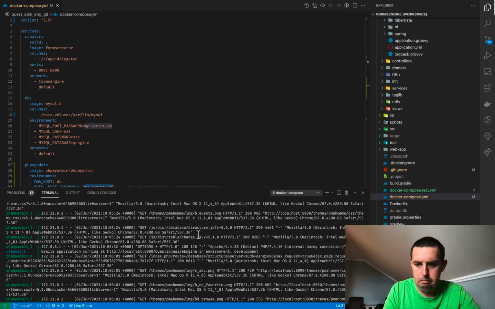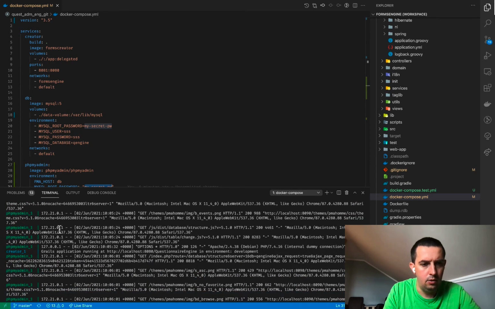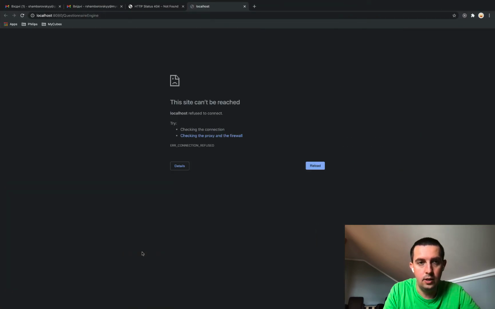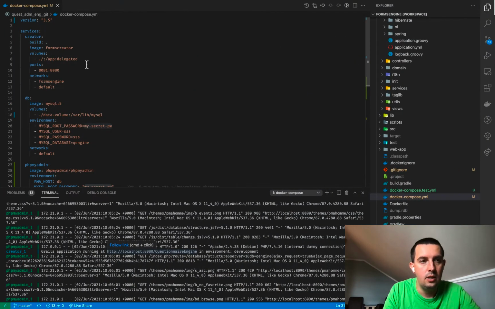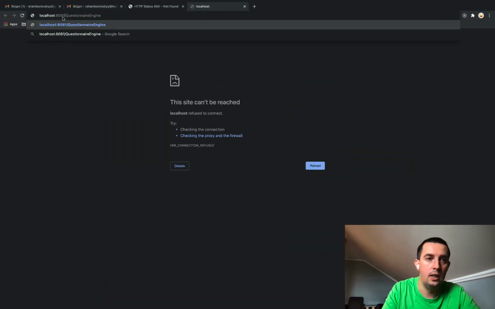Okay, so after a couple of minutes, I can see that it finished with the startup, and you have to find this line here, "Grails application running at", and here's the link to your project. But if I try to go there, I see that it doesn't work, because 8080 is the port inside our container, as you can see here in the docker compose file, and we are mapping it to the 8081 port. So let's just change the port here to 8081,